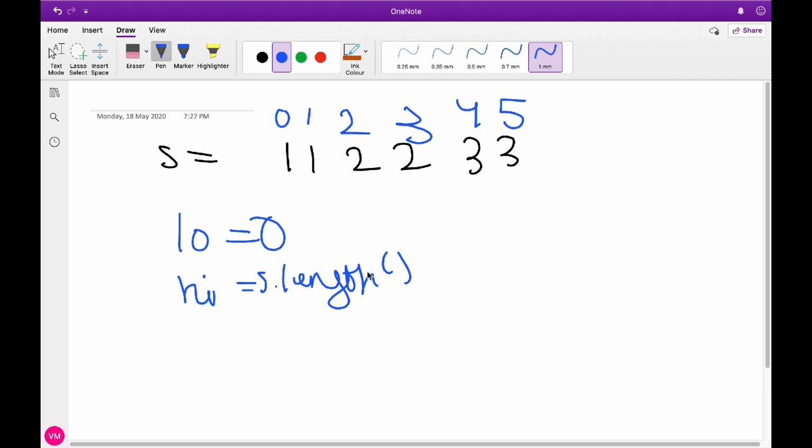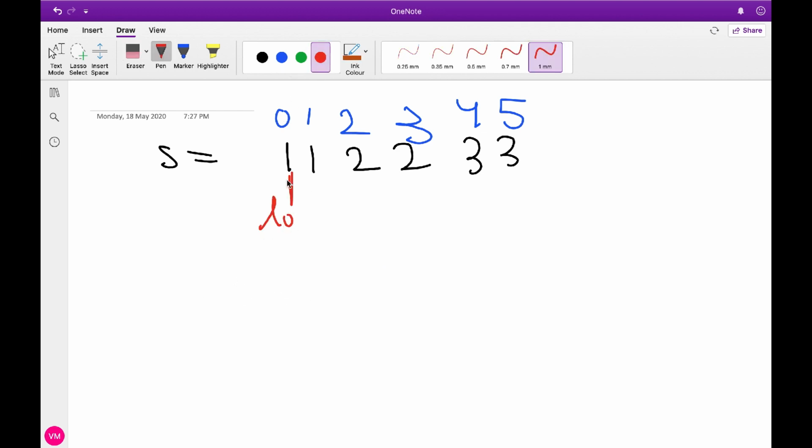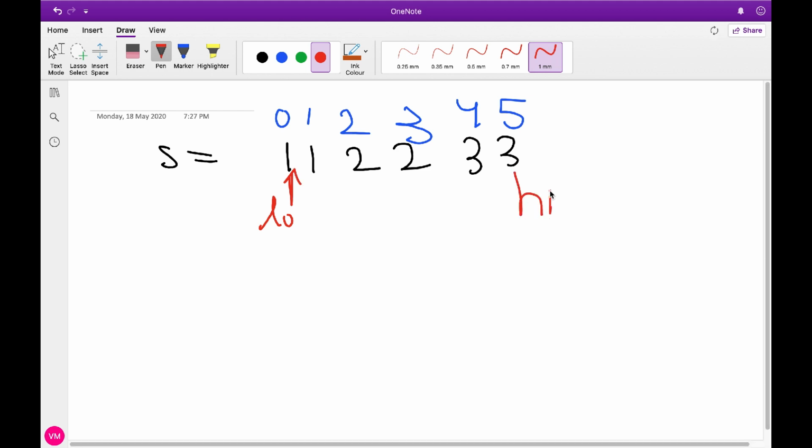As we know, in binary search we need 2 things, one low and one high, and then we calculate the mid. So let's do that. So my low is here and my high is here, pointing to this.